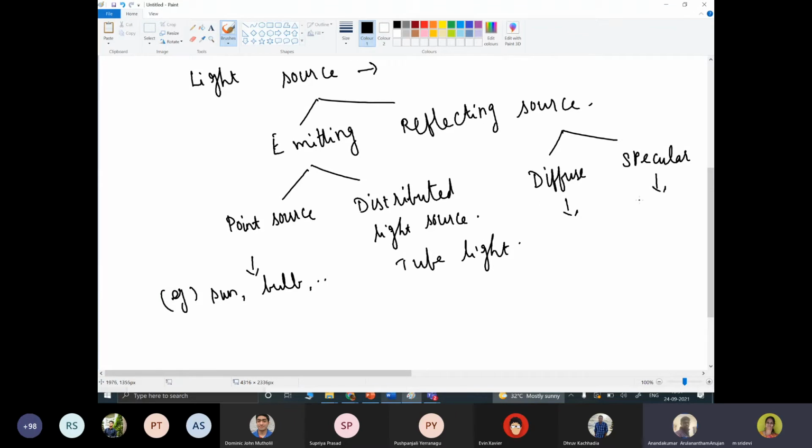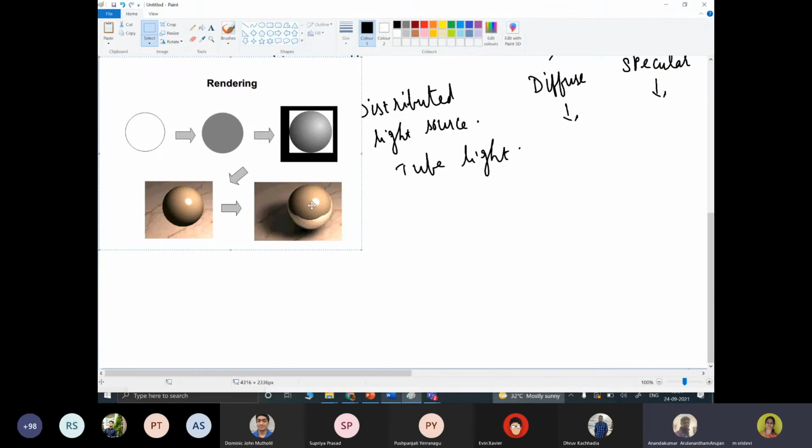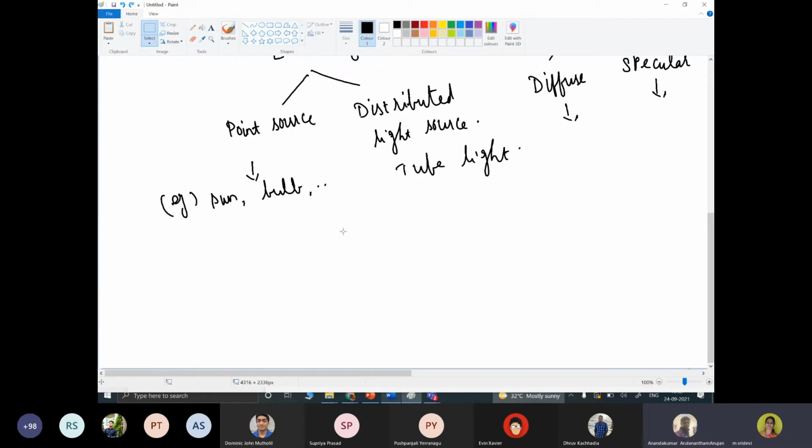In the specular case, the light is reflected from a specific point or a spot. Here only in a particular spot or a point it is specified. In the previous diagram also, you can see that in a spot you are specifying the light effect.